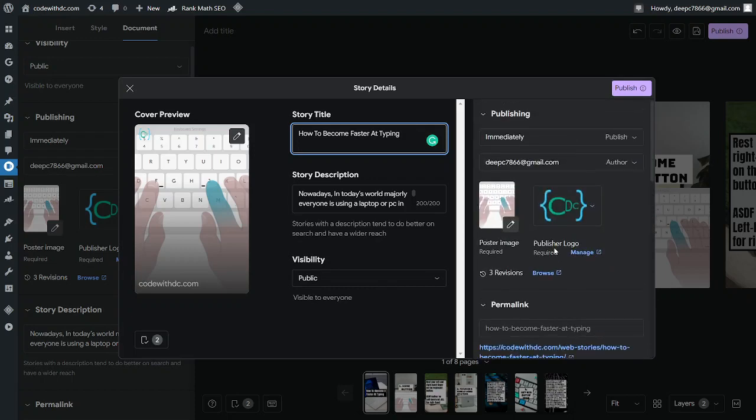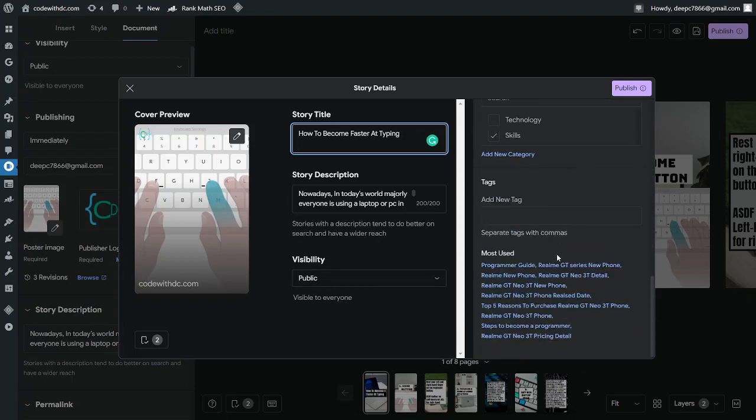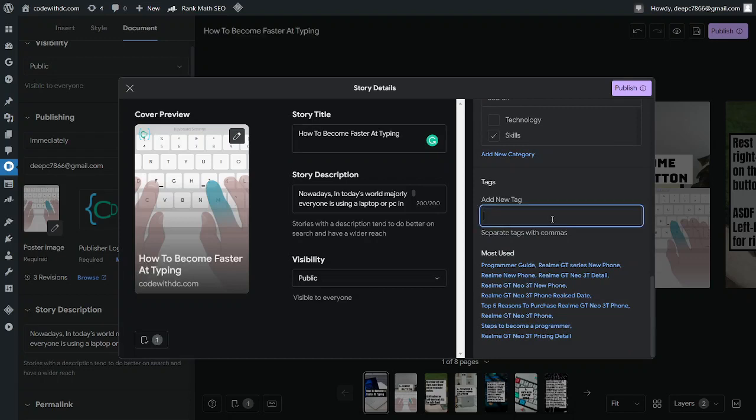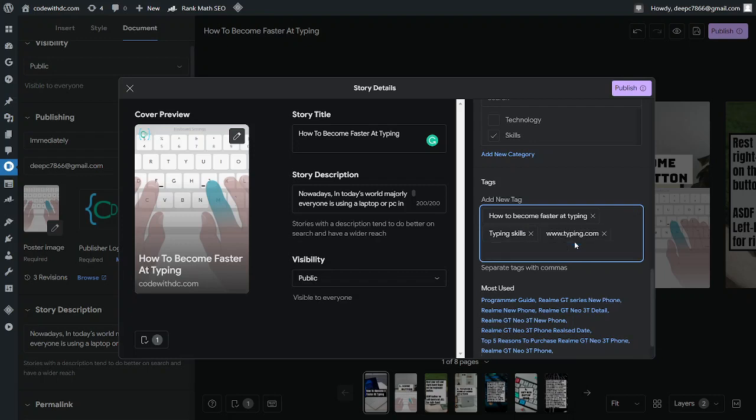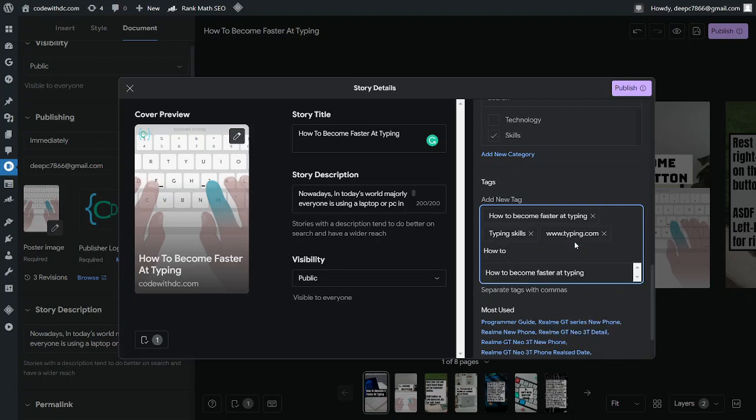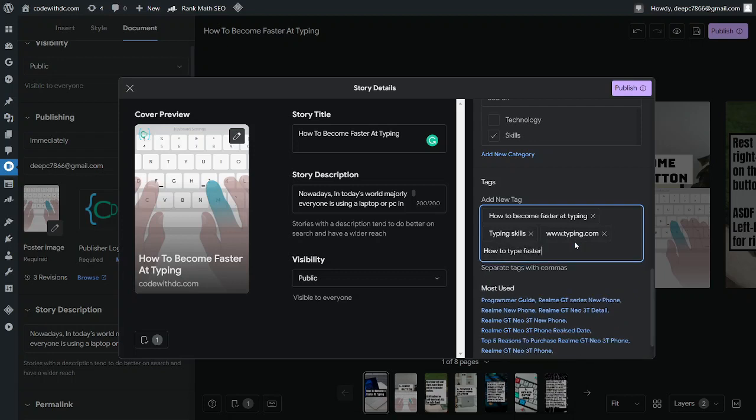These all things are really much important. Okay, you have to add tags as well. Your tags are added. You can add related keywords: typing skills, blue dot typing.com, how to type faster,